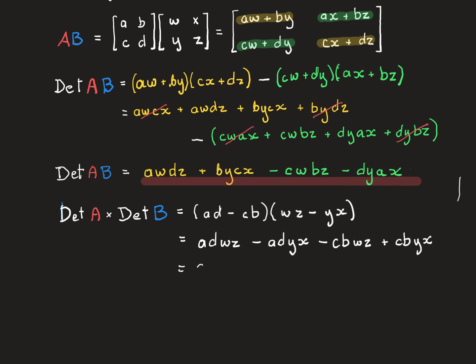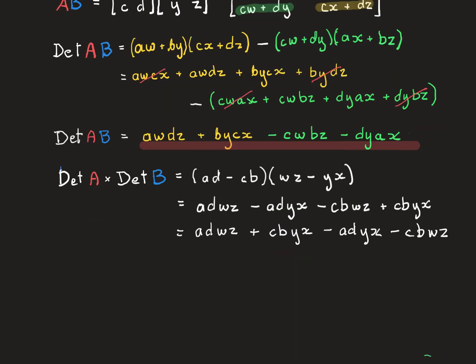So I will rewrite them again: ADWZ, and then I will follow it up with the last one, plus CBYX, and then I'll do minus ADYX, minus CBWZ. And just by rearranging the letters in this term to the ones above, I can get